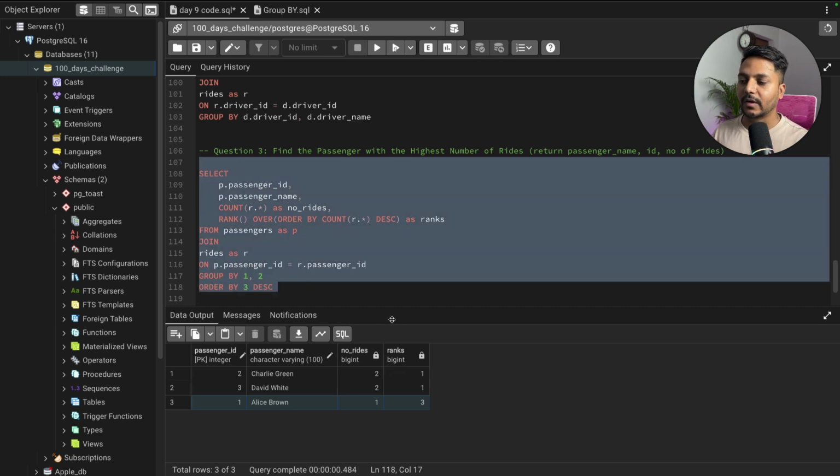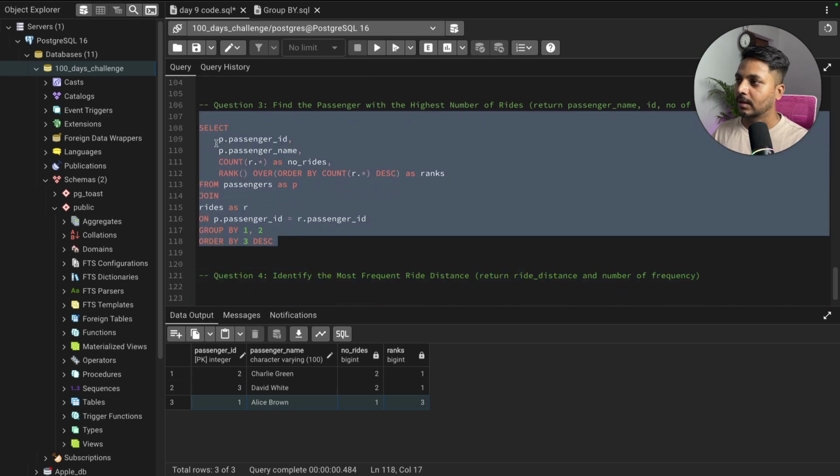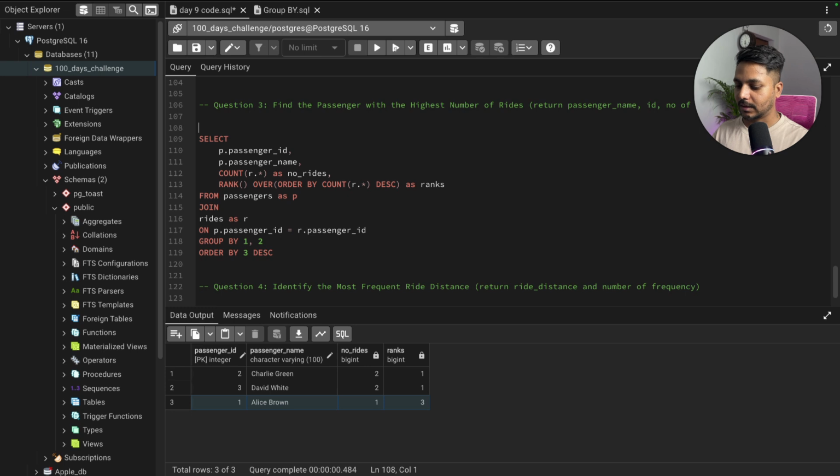Now what I need is to filter by this column. I can say rank equals 1. That is how I'll select all those passengers who have rank 1. For this I have two approaches: I can use a subquery or a CTE. Today I'm going to use a CTE here. So I can say with